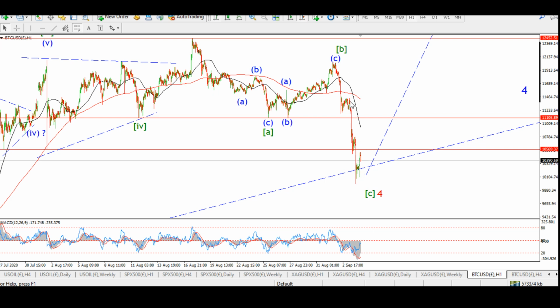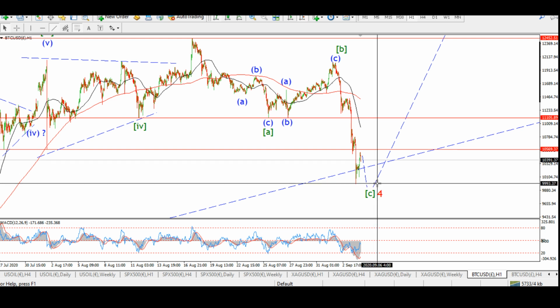So there's wave 1, 2, 3, 4, and then one more move lower in wave 5. At that point we'd probably look for something to develop to the upside in wave 5. So if we see a push below 10,000 again,